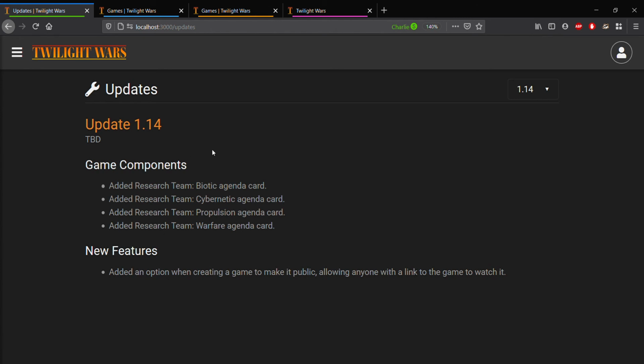As far as game components go, we've added in 4 new agendas, all of the same theme. So they are the research team agendas, and we'll get into those and what they do in a sec here with the demo. So yeah, that's what's new in this update. So going over to our